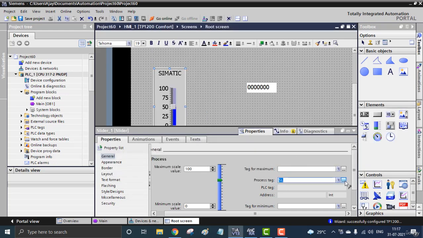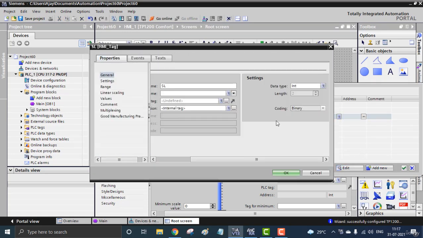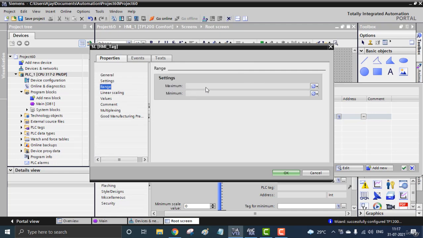Also inside the slider, inside the SL edit, you can fix the range for the integer. The maximum and minimum you can fix as a constant or an HMI tag or anything. You can limit that, sorry, not the slider range, the tag range.